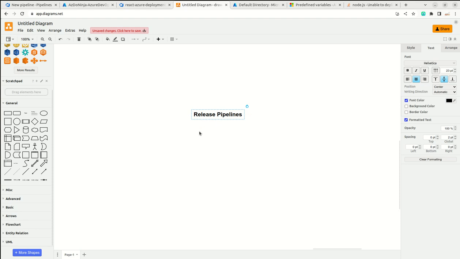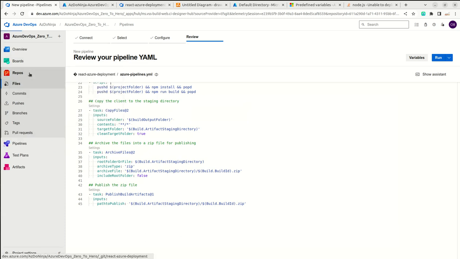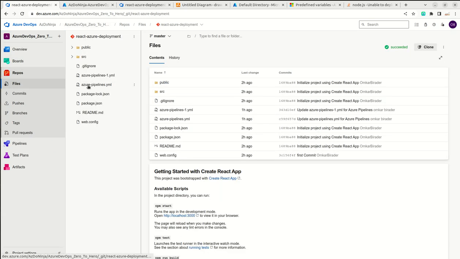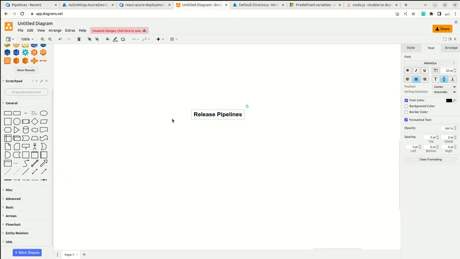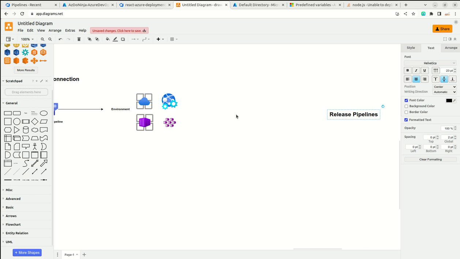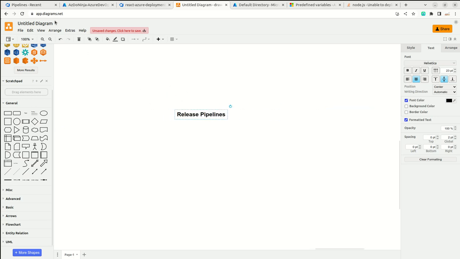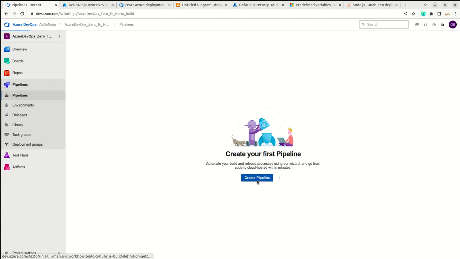In this video, we will understand briefly about release pipelines and we'll see when they are really required. Okay. So if I go to my Azure DevOps project, in here I have this code, a simple React code, and if I want to write a pipeline to deploy this to one of the environments, I can simply create a pipeline here